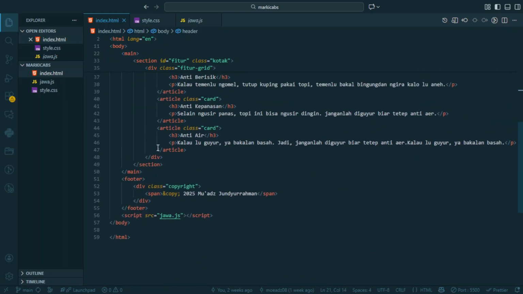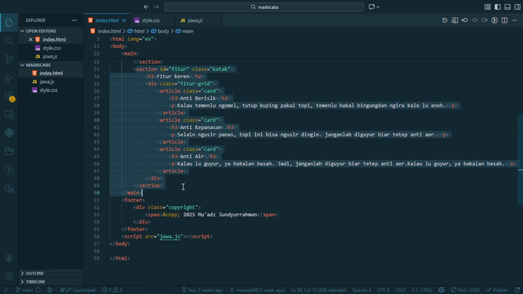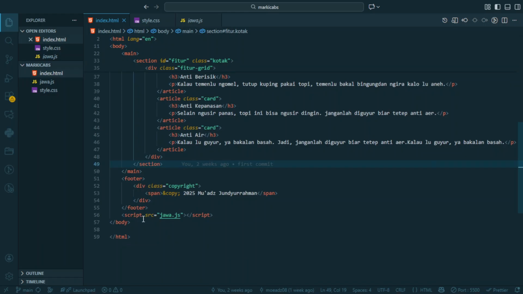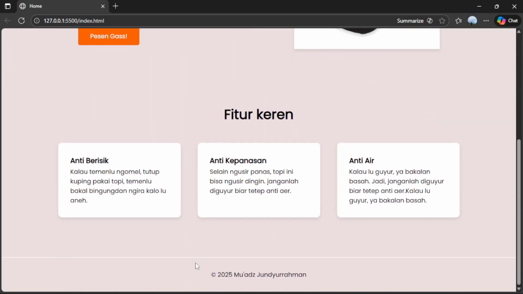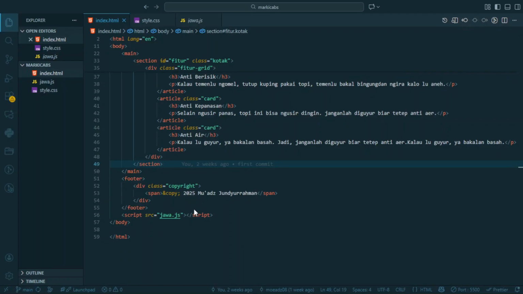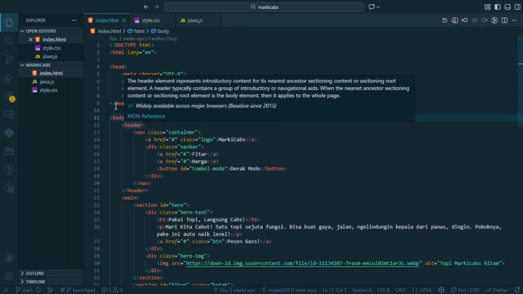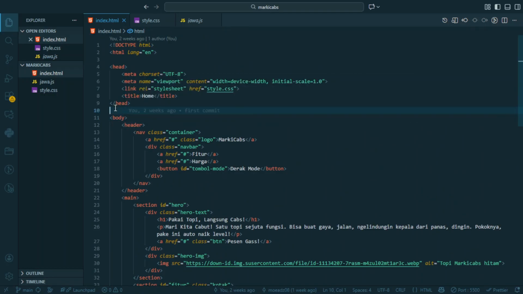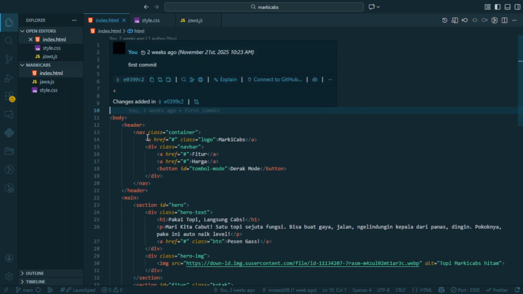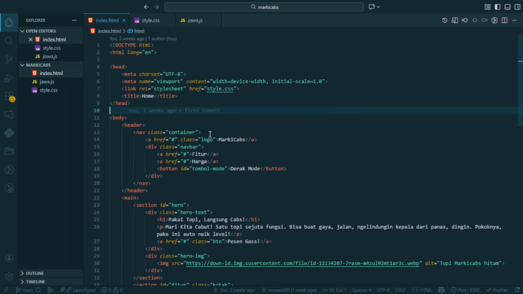And then main is exactly the content inside. And then this is the special content section. And then this is footer, for things like copyright and so on. Semantic HTML also helps search engines like Google to understand the structure of the page of the website.